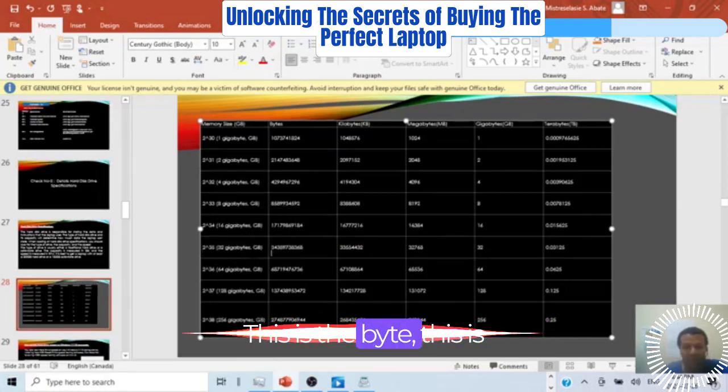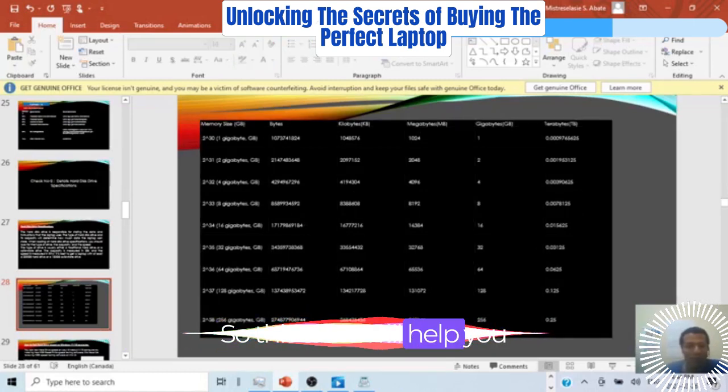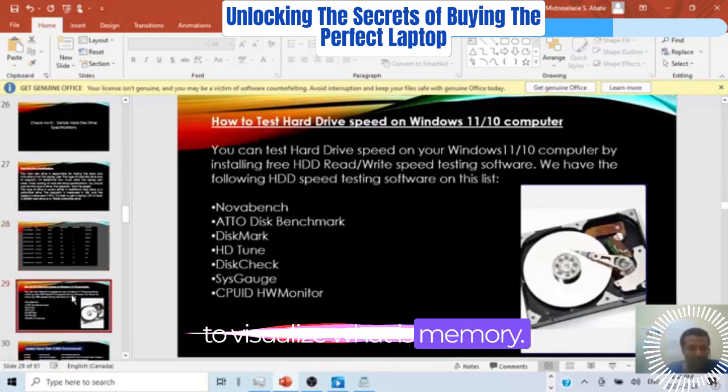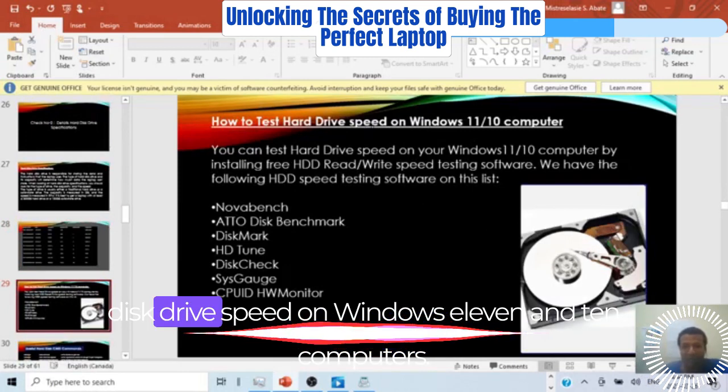This is the byte. This is the kilobyte, megabyte, gigabytes, and terabytes. So this table will help you to visualize what memory is. Now, as we have seen how to test hard disk drive speed on Windows 11 and 10 computers,